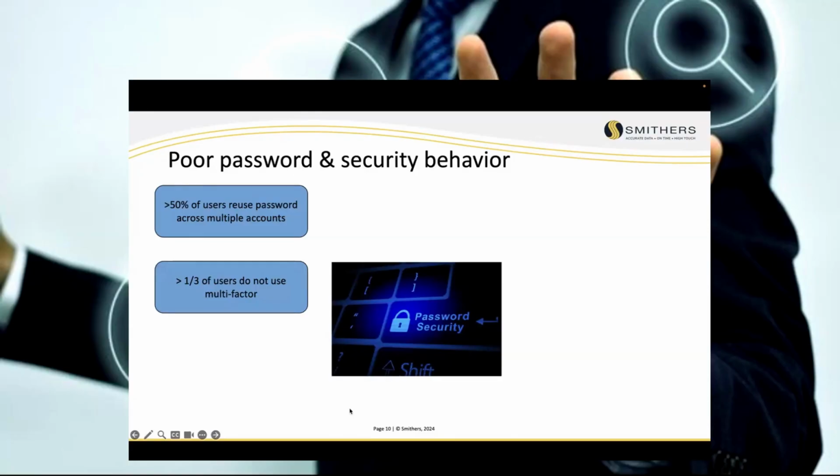Now, this is more in the private sector. It's getting better and better. Most banks now require multi-factor. You enter your username and password, you log in, and it says, hey, I'm going to send you a text message. Give me that code. Or it forces you to use something like Microsoft Authenticator or Google Authenticator, Duo, or one of the other authenticator programs. But still, fully 1/3 of the population out there is not using any kind of multi-factor. For the longest time, most banks allowed you to make that decision on your own.